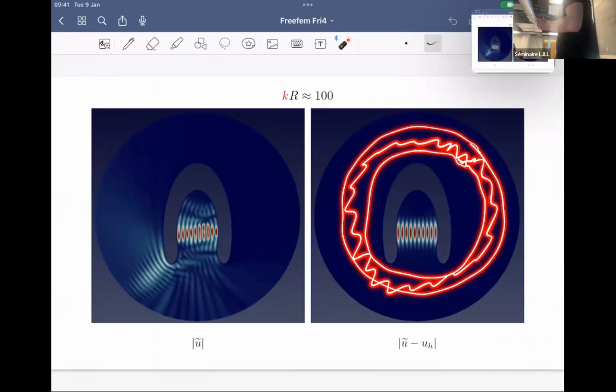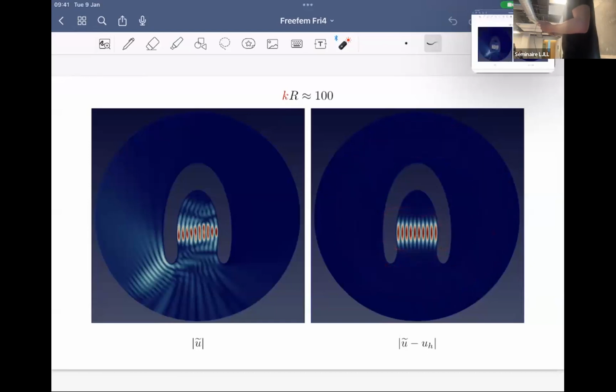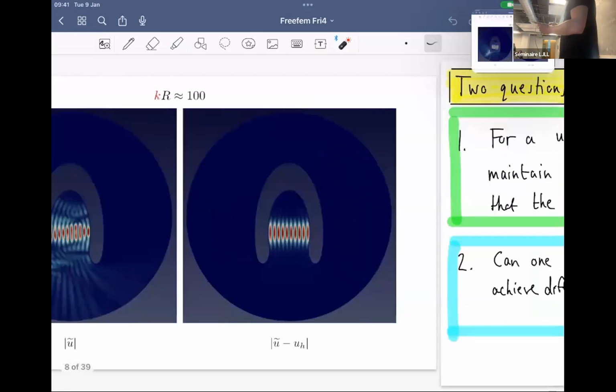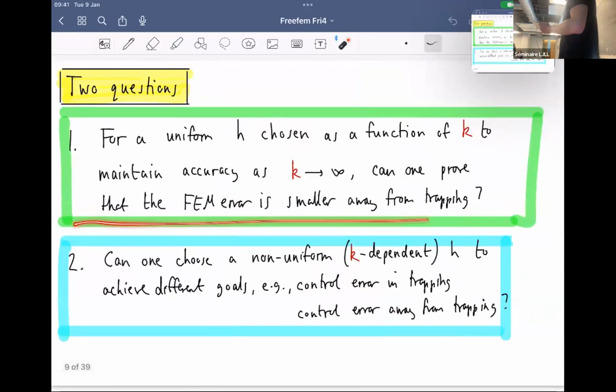But you see, in this situation here, our far field pattern has been much more accurate than the solution inside the cavity here. So again, that was our motivation for thinking about the error in subsets of the domain away from the trapping. So that was the story we started on, this first question, and then we got onto